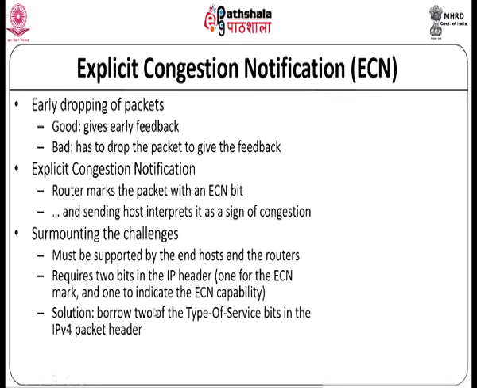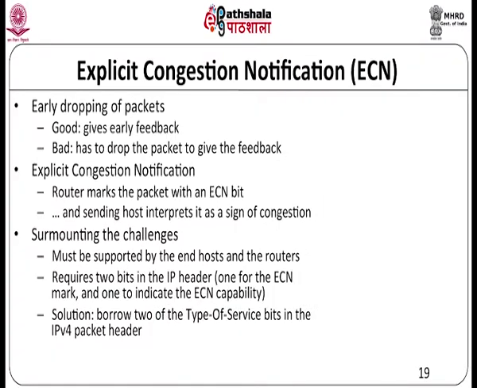So that comes as the next challenge. What we normally do here is that we make use of 2 bits in the IP header. Remember that in the IP header we have these type of service bits in IP version 4 which are really not fully used. So we take 2 bits out of that and use one to indicate the ECN mark and 1 bit to indicate that the host systems are capable of supporting ECN. Using these 2 bits, an explicit congestion notification can be given by the router to the end host, and using this congestion control can be done in a better manner. In fact, congestion avoidance can be done in a better manner. So that's about the congestion avoidance support for TCP.